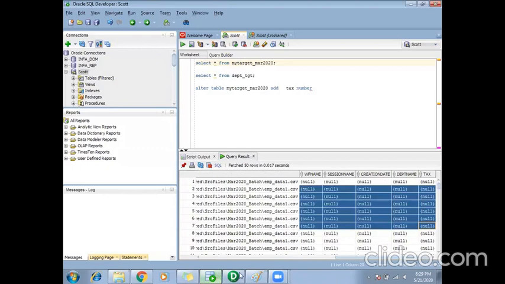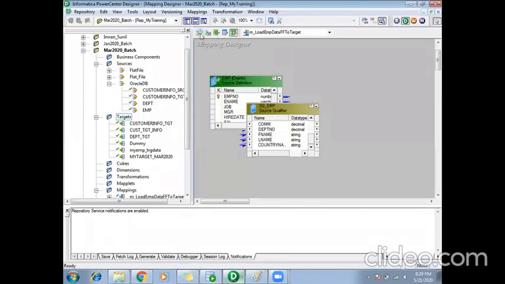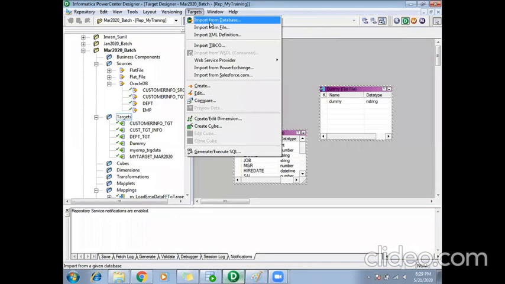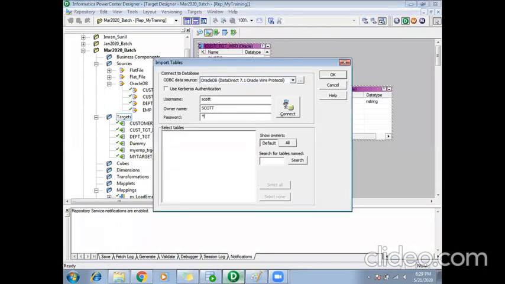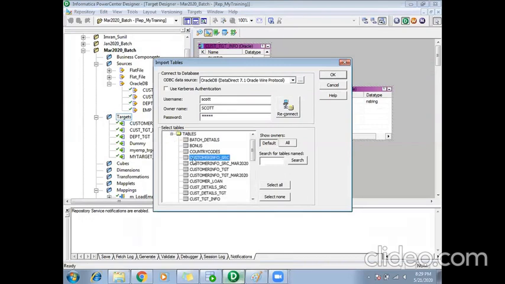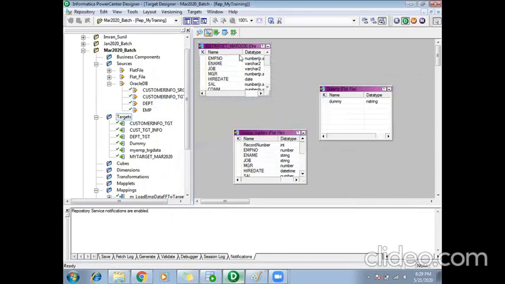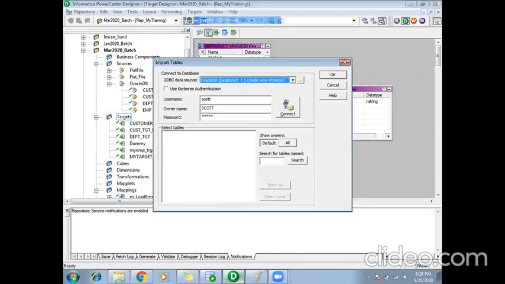So I'll just go to my target and re-import the targets here. And I will re-import my other target, that is for department, which loads the department data.